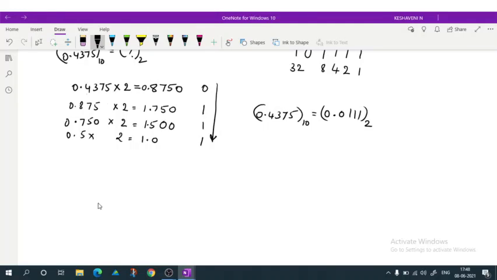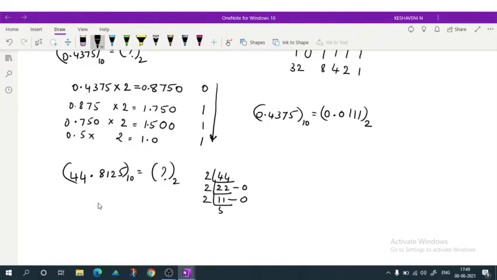Consider the number 44.8125 in decimal. How much is it in binary? Now first consider 44. Before the fraction point you have to divide: 44 by 2 is 22 remainder 0, 11 remainder 0,